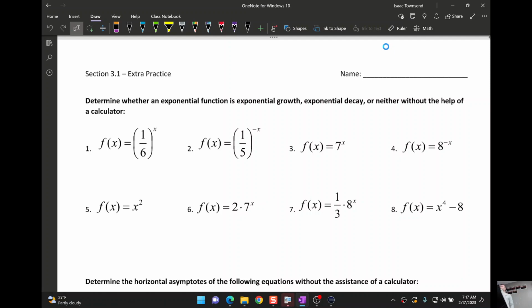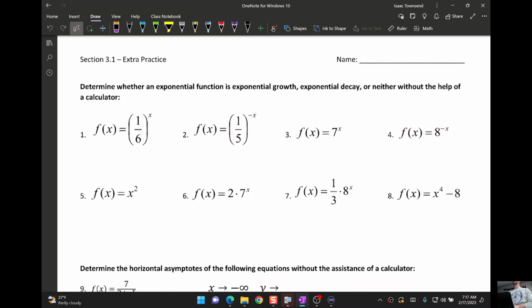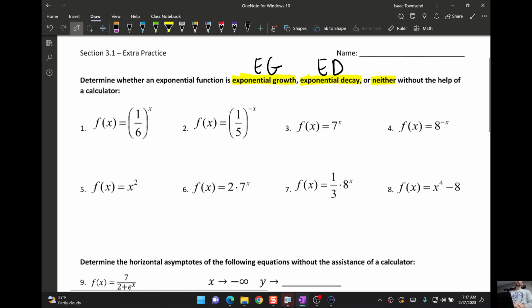Okay, so the first part of the extra practice. Most years we put some questions like this on our quiz and ask you to tell us which of these you think are exponential growth, exponential decay, or neither. For exponential growth, you're welcome to just abbreviate EG, and exponential decay ED. But I would like you to try all 8 of these